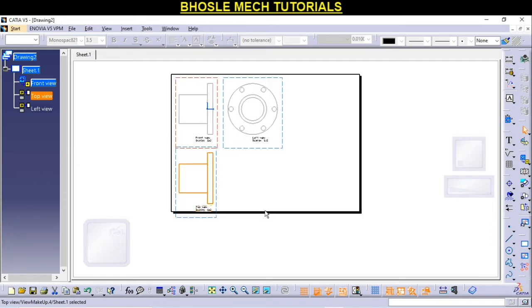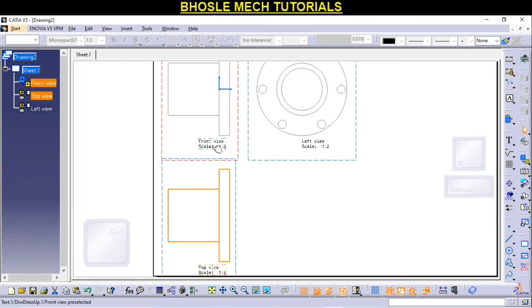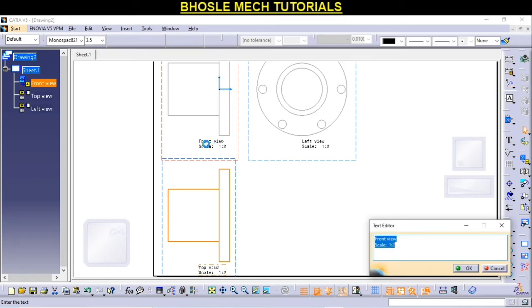Now friends, let us see. This is a front view. Double click on that box. Here the text edit window will open. Here if we want to keep this scale, we can, or otherwise we can delete this, and OK.